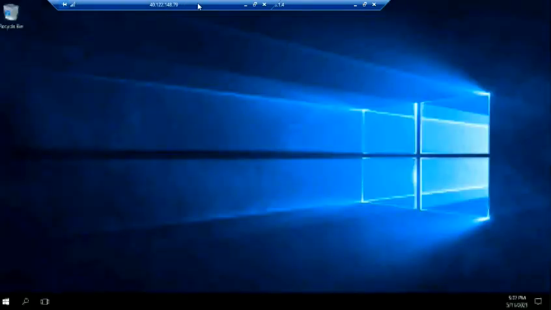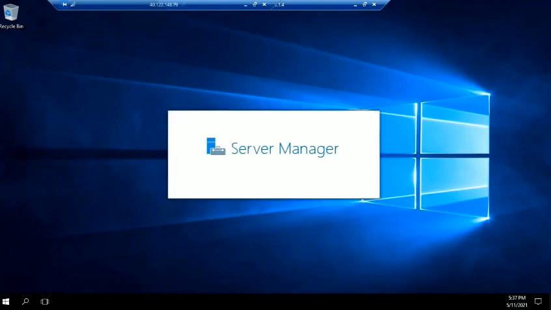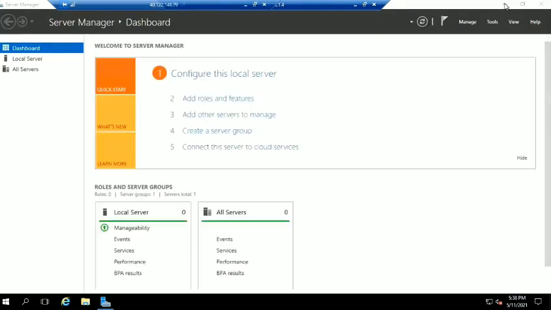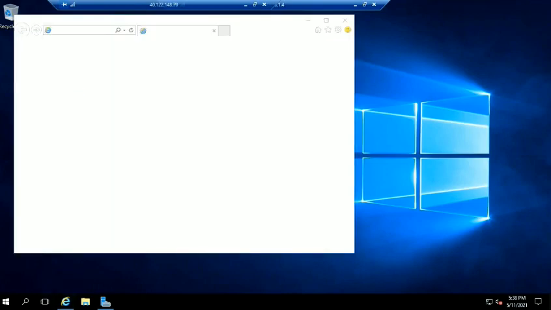Okay, so it's loading actually. Once I give a refresh, I'm just going to set the connections of Internet Explorer. Let me open the Internet Explorer.